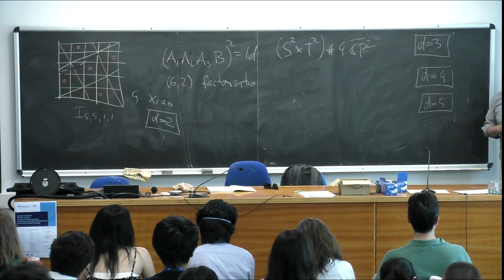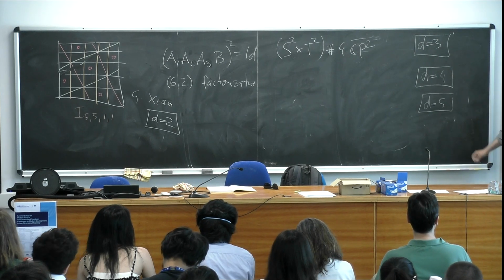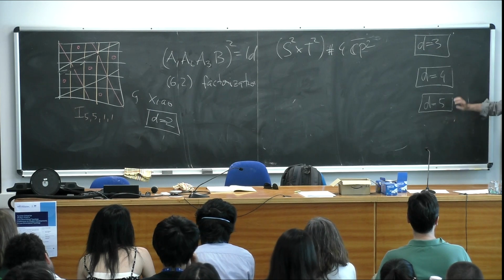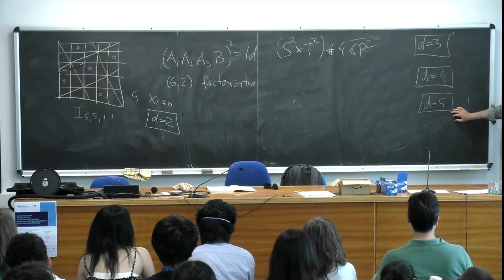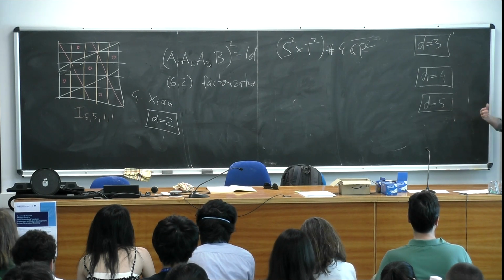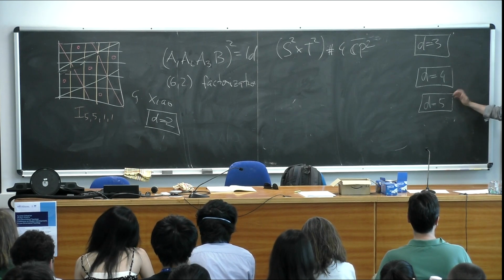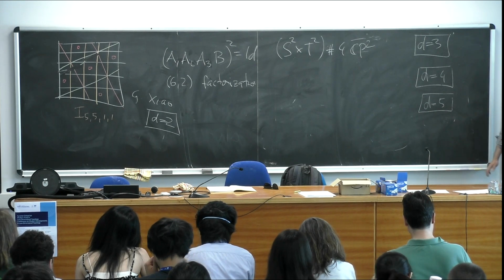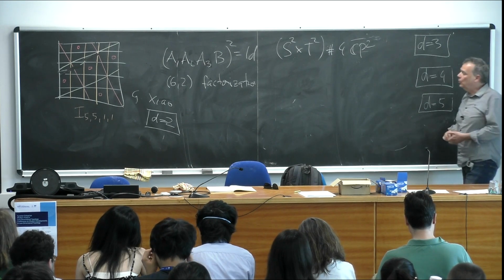So there is a list of things you can study. As d gets larger, the genus also gets larger. So these are the only examples when the base is the sphere. And if you only care about Lefschetz fibrations over the sphere, then you stop here. But if you care about other Lefschetz fibrations over higher genus surfaces, then you can look at the other cases as well. Okay, so